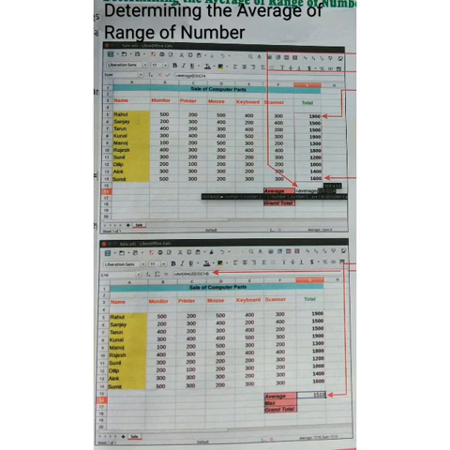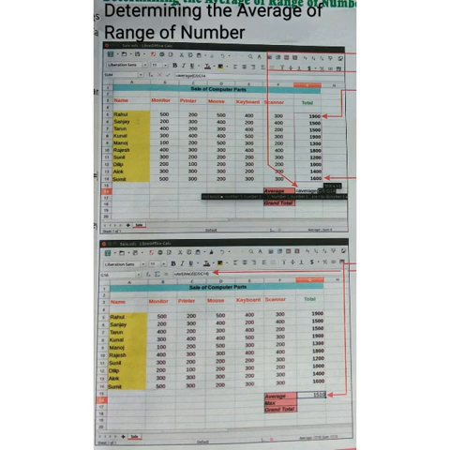Then give the first cell address, the first endpoint, then a colon sign. Then give the last endpoint of your cell range up to where you want to calculate the sum, close the bracket and press the Enter key. In the cell where you typed your function, you will get the result.